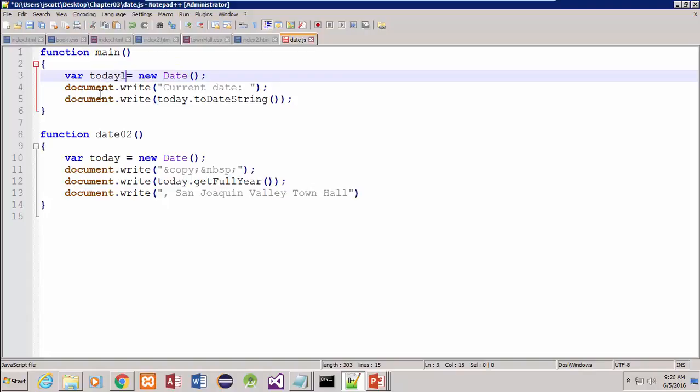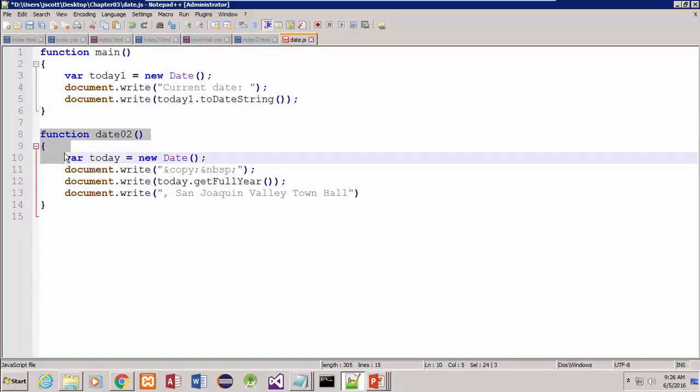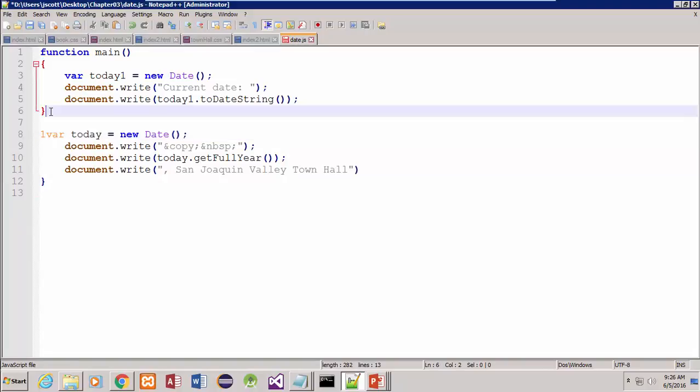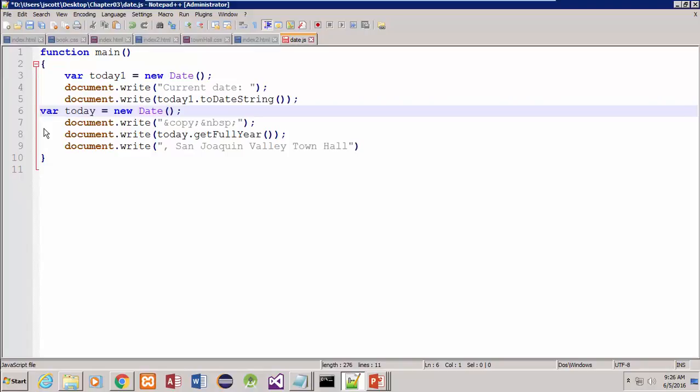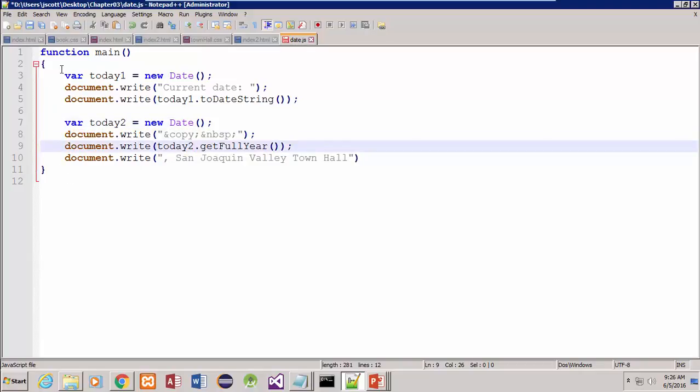All right, and main is kind of a point of entry, for lack of better words. So I'm going to have today 1, and then I'm going to get rid of this, and this will be today 2. All right, so now I've got my function main. So now what I'm going to do is I'm going to save this,